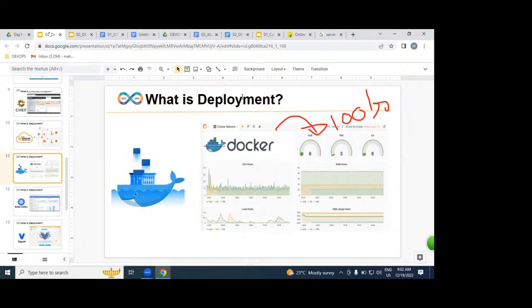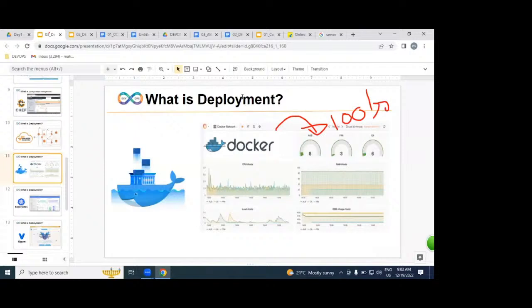Docker is for website deployment. What is Docker? For placing our websites very easily, with high performance and low cost.